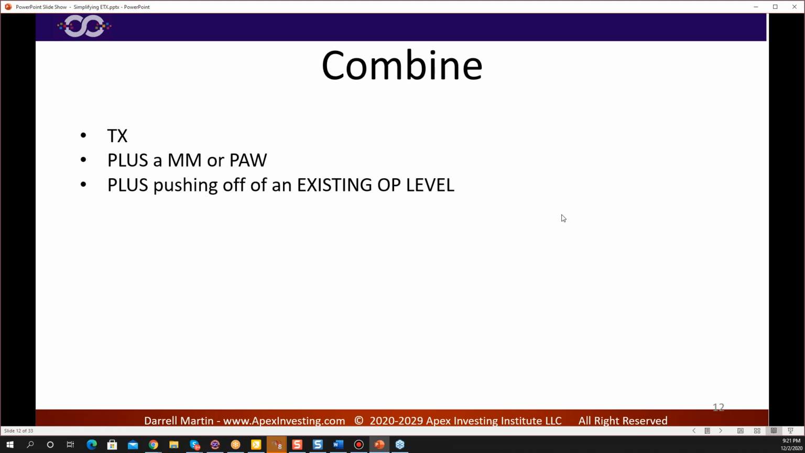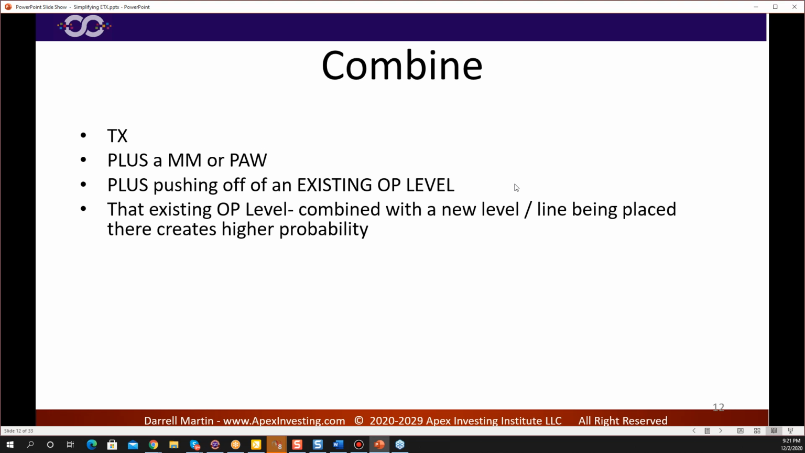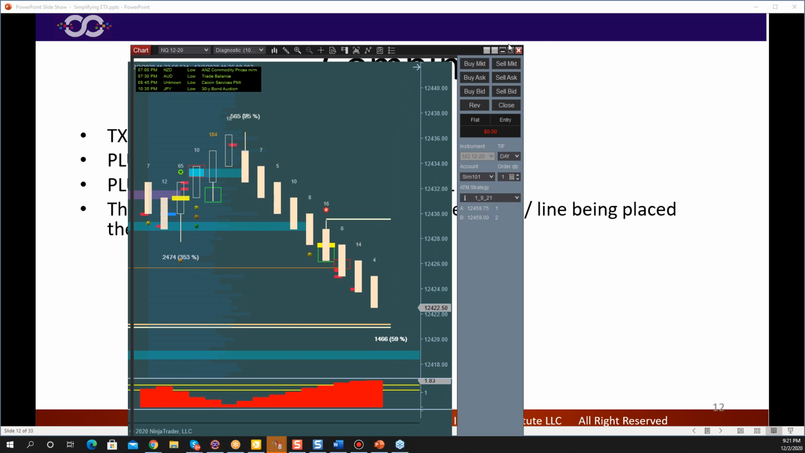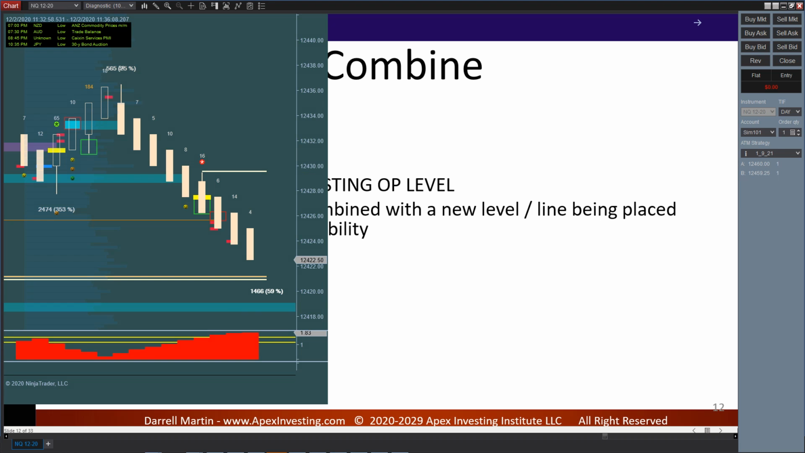So we're adding now another layer, right? Because you get the TX, we're adding that TX does have a mini magnet or Paul, and we're adding that it has to be pushing off of an existing order prints level. Okay? And that existing order prints level is already there from the past, right? We know how powerful those are, right? We know that those levels,